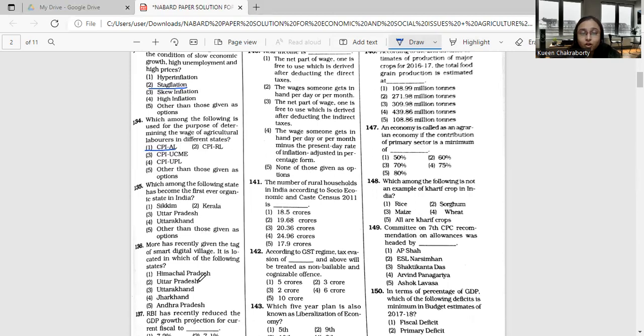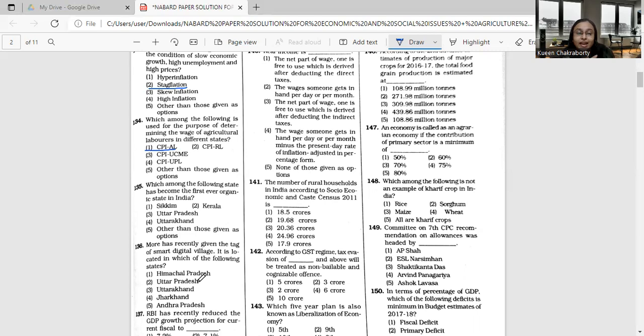Then moving on to question number 135. Which among the following states has become the first ever organic state in India? Sikkim, Kerala, Uttar Pradesh, Uttarakhand, or other than those given in the options. So many of us might already know this answer. The correct answer is Sikkim. In the year